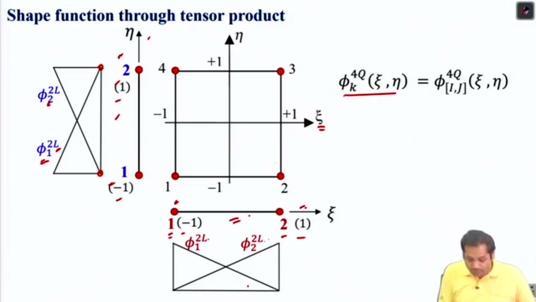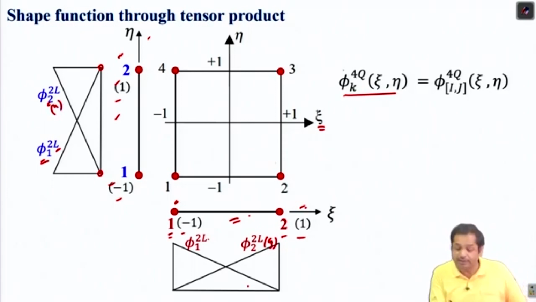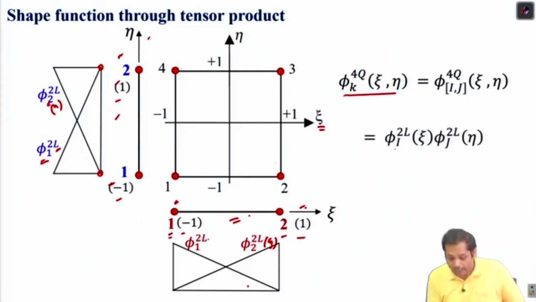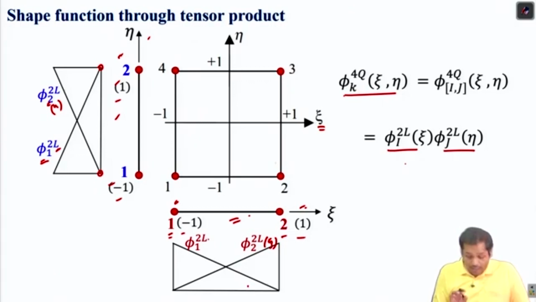In this case it will be a function of xi only, and in this case a function of eta only. This is the shape function for this quadrilateral element, and it will be written like this, where ij is the dyad, and what it means I will come to shortly, and this is equal to this multiplied by this, where phi I 2L means the shape function for the ith node,